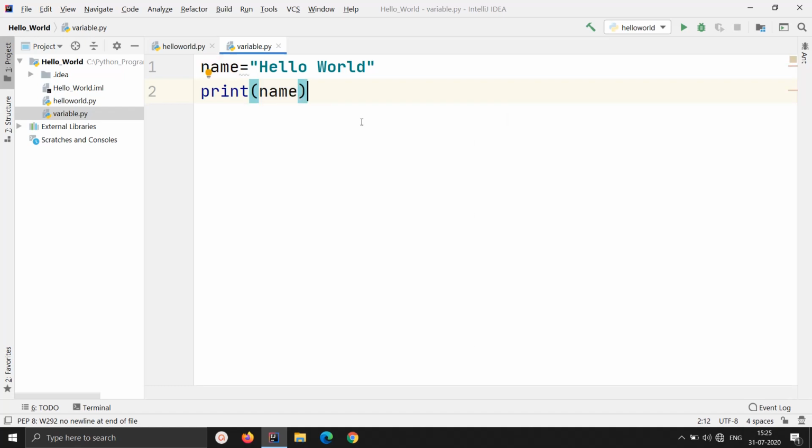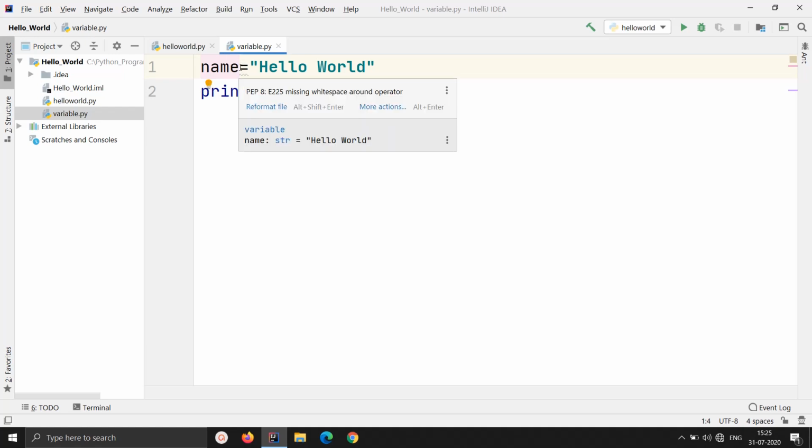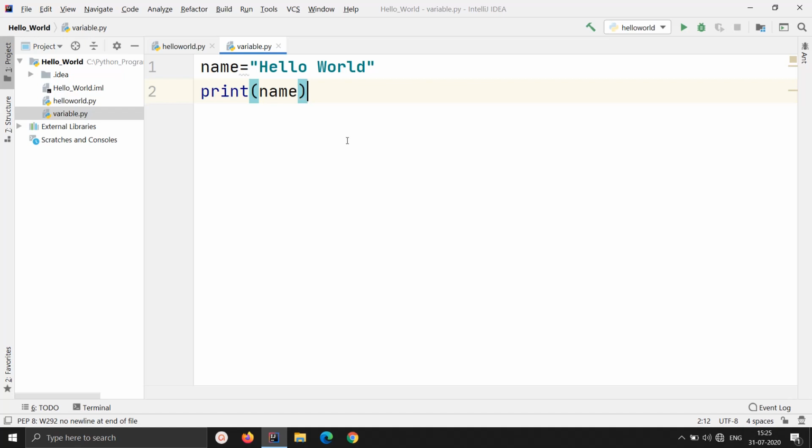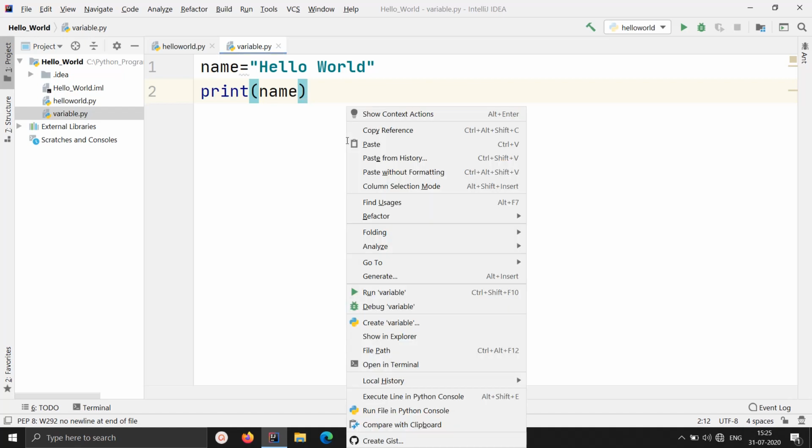What we have done is we have stored our data which was in string form. Why string? Because it had double quotes around it. So the string is stored inside a memory location. That memory location, we call it a variable. We have given a particular name to that variable, and that name is itself "name". That is very confusing, I know. And what I'm doing right now is printing that with this second line. So let us see whether this works or not.